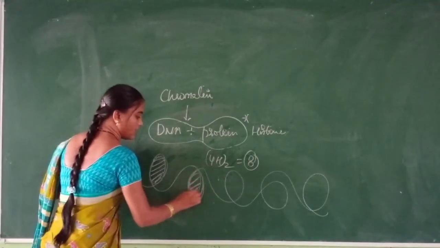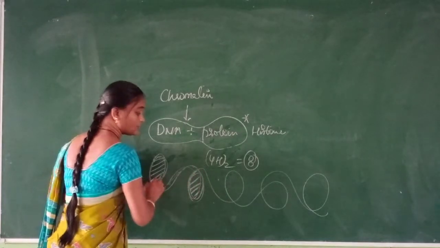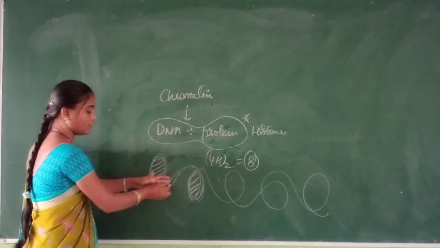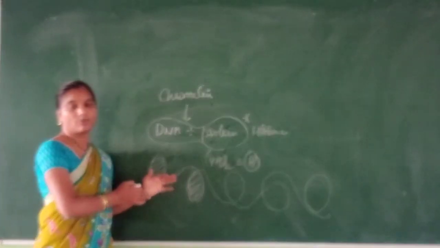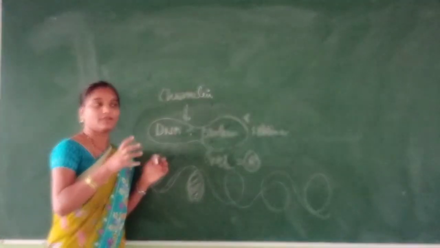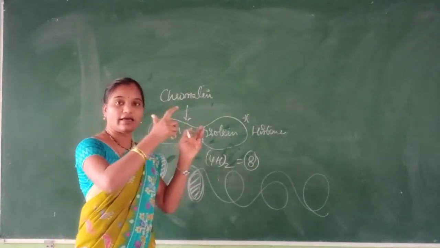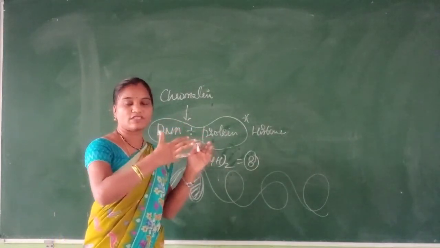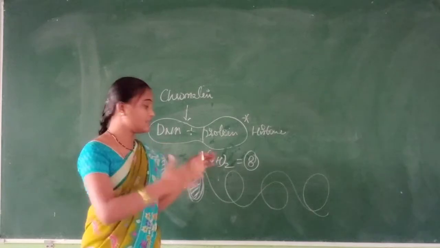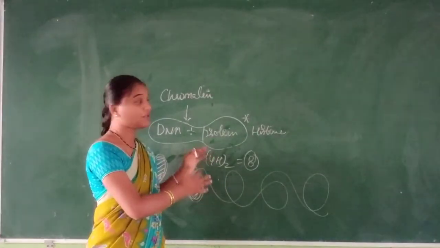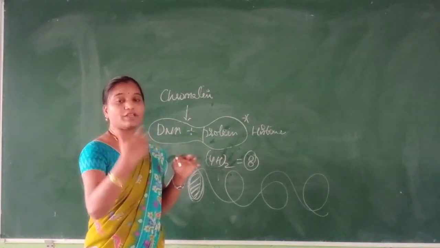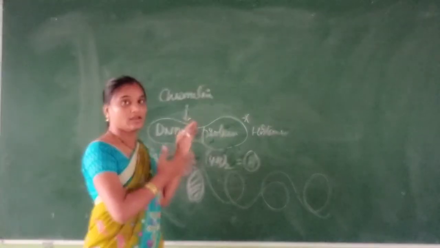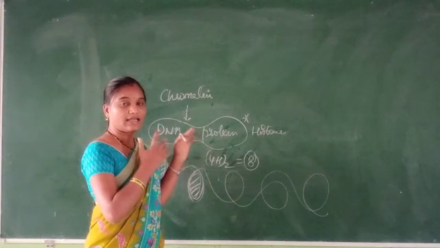Okay, and these are your thread-like structures, that is your DNA. So DNA and your histones are arranged in a bead and string form, like balloons attached, around 6 to 7 balloons. I will explain up to here, and I need to tell you about what we mean by chromatin, chromosome, chromatids and sister chromatids.